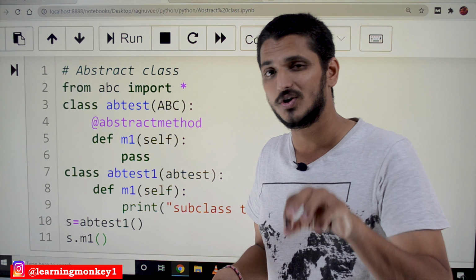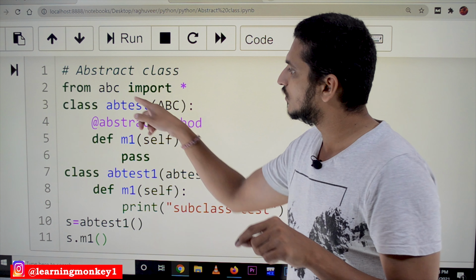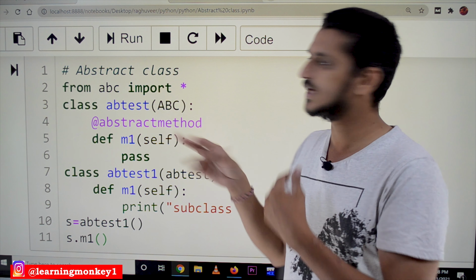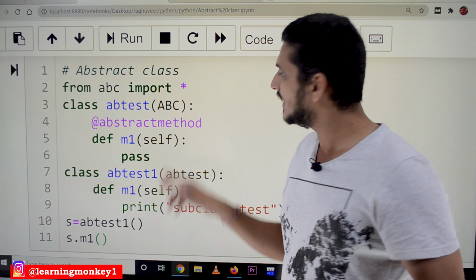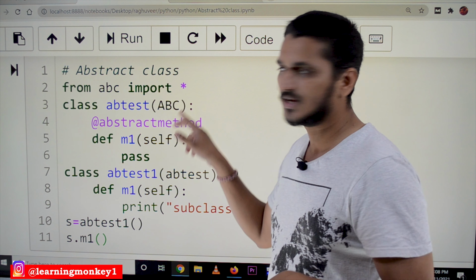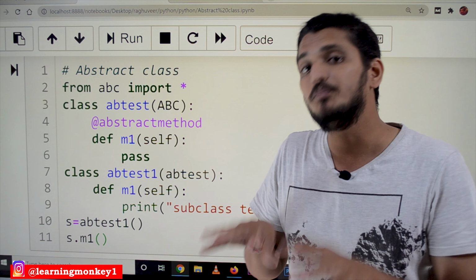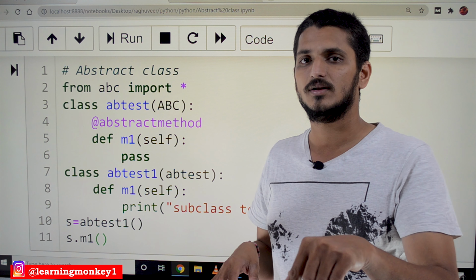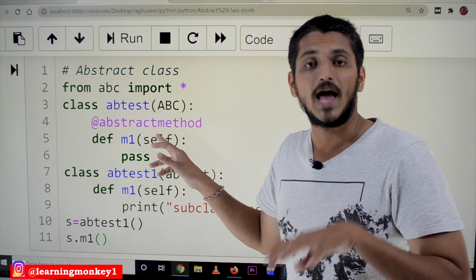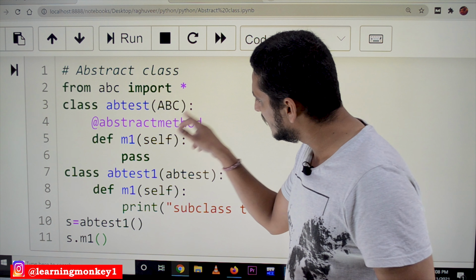If you don't know what a module and a class are, all these concepts were clearly discussed previously. So in the ABC module we have so many classes. We are importing the classes, and from that we have to use ABC, capital ABC, abstract base class. This class has all the conditions and functionalities to implement abstraction in Python. If you don't inherit this ABC, we can't implement abstraction in Python. So definitely we need this.